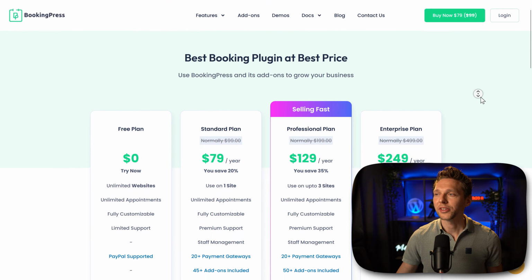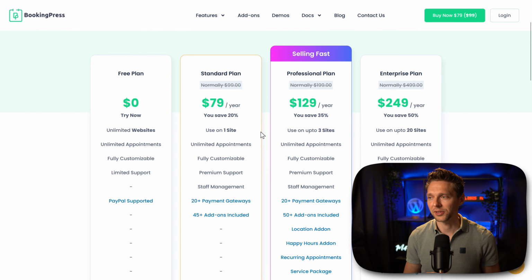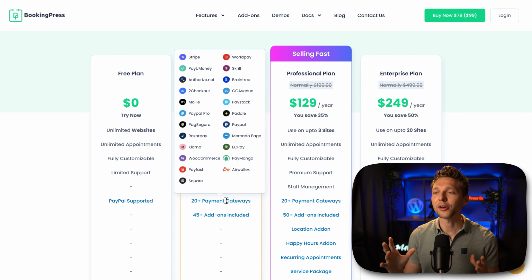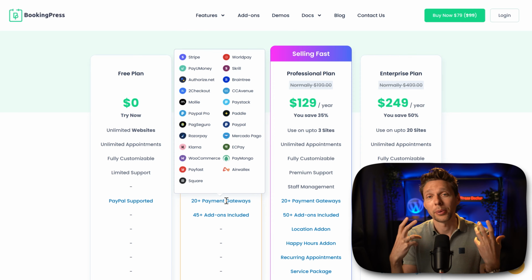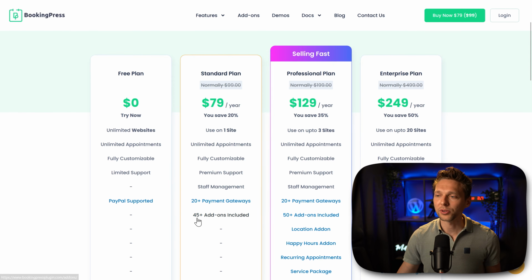Then let me tell you everything about these selling plans. Of course, the biggest difference between the plans is on how many websites you can use it. 1, 3 or 20 websites. Also, what we have in the standard plan is the 20 plus payment gateways. Now, this is very important so people can actually buy immediately your service directly from this plugin with all these payment gateways. Excellent. But we also get 45 add-ons included, and with the professional plan you get 50 plus,